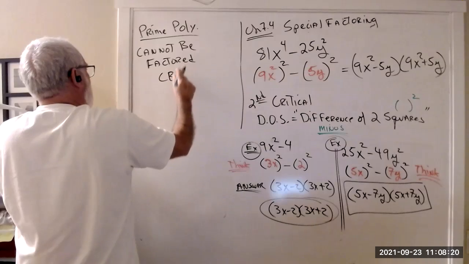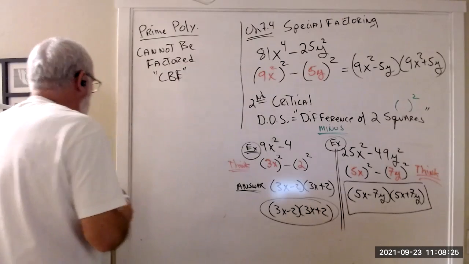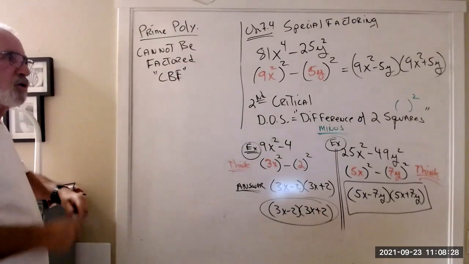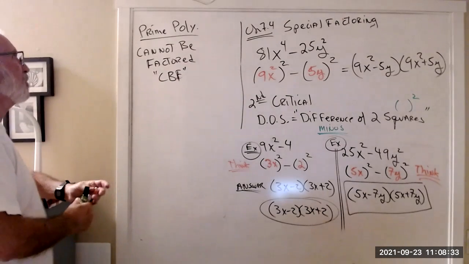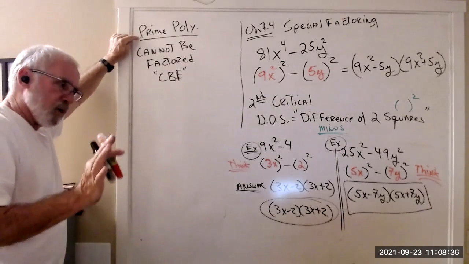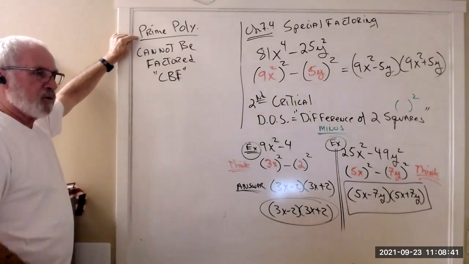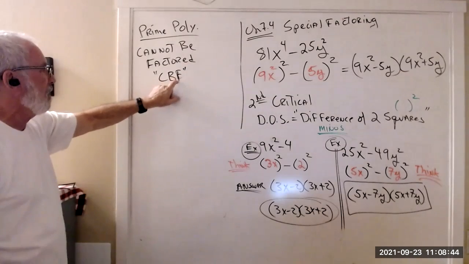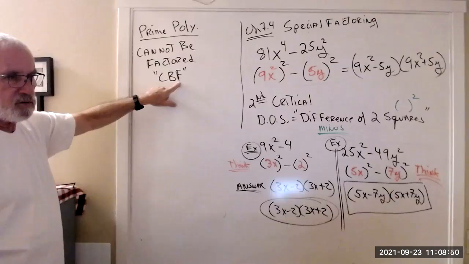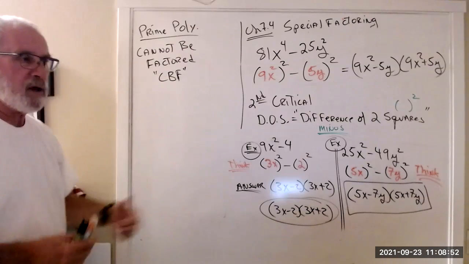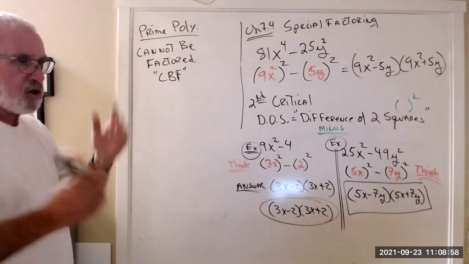Now, oops, that's CBF. You need to read the directions on a MOM problem. The correct answer is prime. I'll show you why in a minute. Just go with me. But some of the people that wrote the questions for MOM want you to write CBF, cannot be factored. They will tell you in the directions, but you have to read the directions. So, for example,